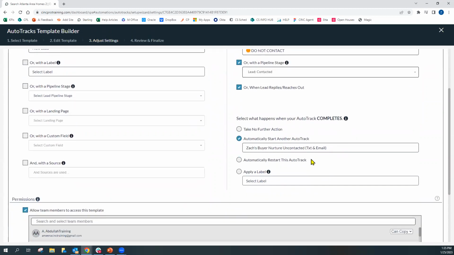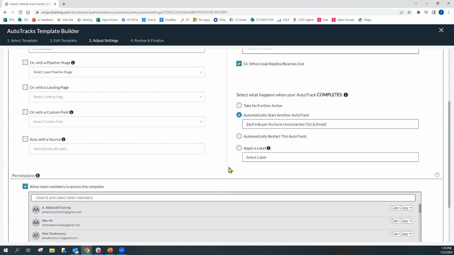right? We also have this option here to apply a label. There's sometimes where after my lead doesn't respond, I want a label that says no reply. Or maybe I have a label that says cold. So it shows me that the lead's starting to get cold. They're not responding to any of my messages. Now I have to start thinking a little more strategically about how I can maybe get this lead on the phone or get them to reply to some of my messages,